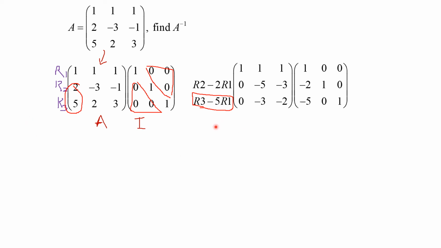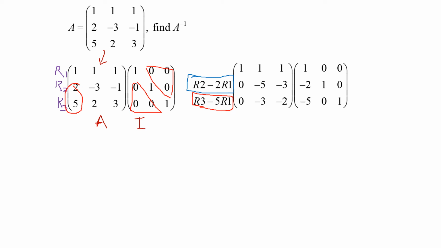Your next step would be you want to 0 your 2. So again, we use row 1. It will be 2 minus 2 row 1. So it will be row 2 minus 2 of row 1. So in this case, you perform the operation row 2 minus 2 of row 1, and you manage to 0 this value 2, and the rest of the elements in row 2 will follow